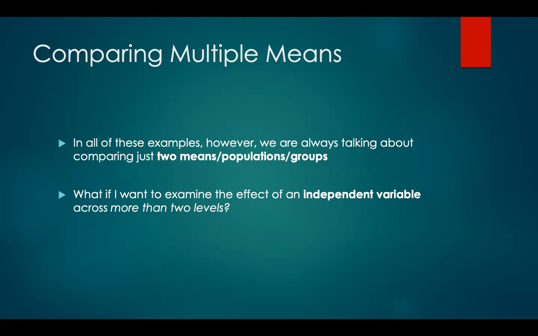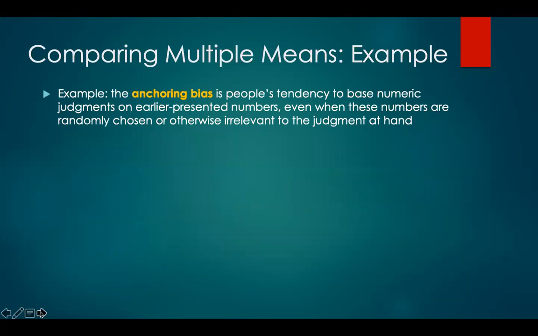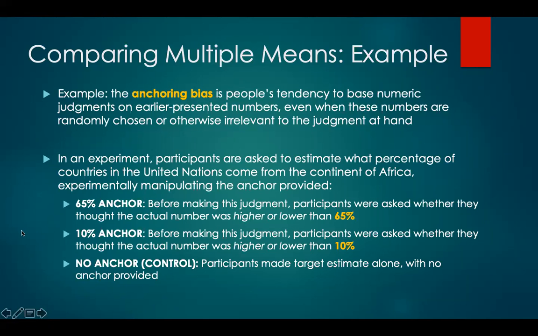Now, what if I wanted to examine the effect of an independent variable across more than two levels? So, for example, the anchoring bias is people's tendency to base numeric judgments on earlier presented numbers, even when these numbers are randomly chosen or otherwise irrelevant to the judgment at hand. In an experiment, participants are asked to estimate what percentage of countries in the United Nations come from the continent of Africa,